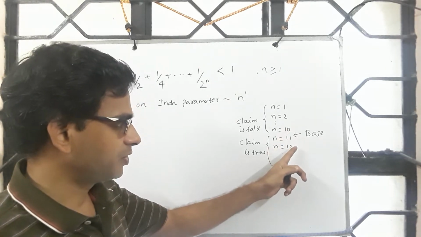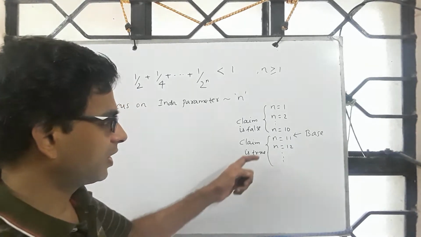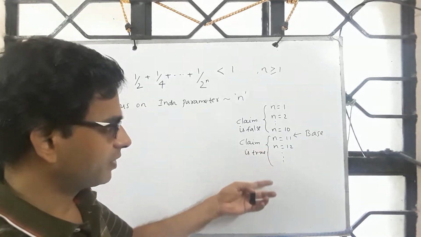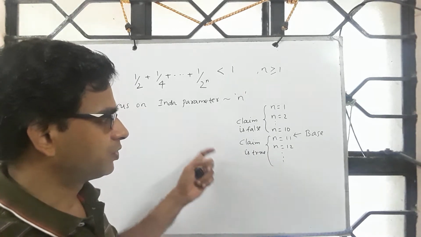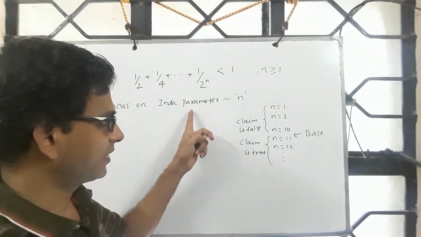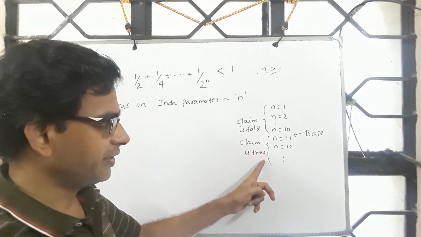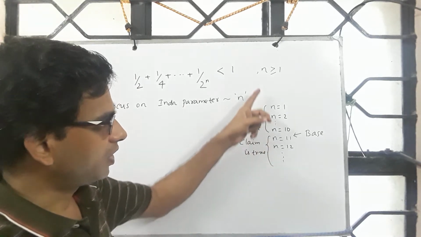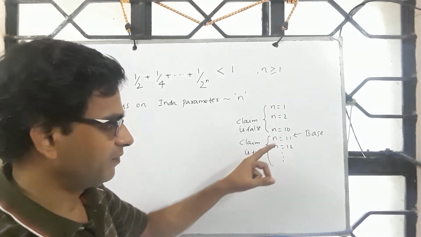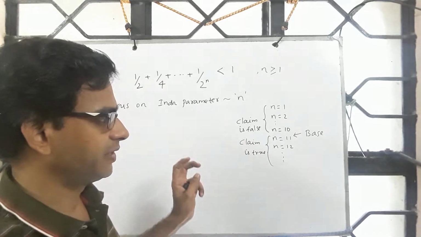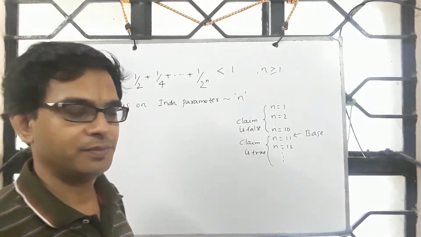Again, this goes into the hypothesis. Assuming this, you prove this, and so on. And there are problems where the base case starts at 32, 63, and so on. So by looking at the problem, one has to fix the induction parameter. After fixing the induction parameter, we should see whether the claim is true for all values of n starting from 1, or starting from say 11, or starting from 63. And once you fix that, you can get into the induction step and complete the argument.